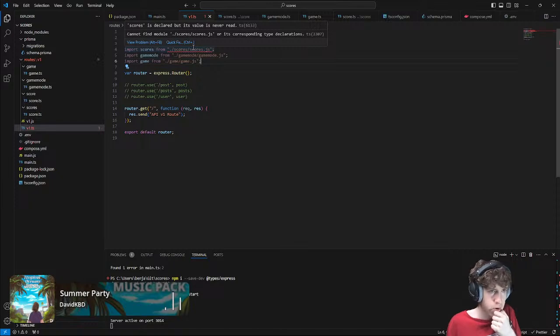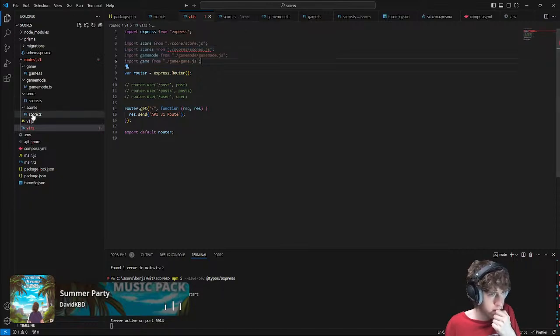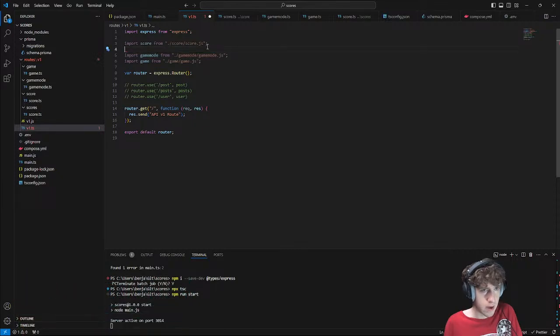Can't find module scores.js. I'm assuming that's because of a cache issue. Oh no, it's still doing that. Okay, maybe it'll go away if I compile. I want to get score, I want to get scores.